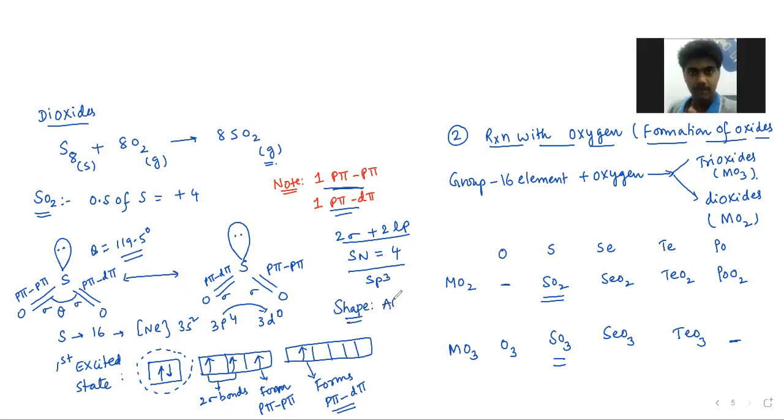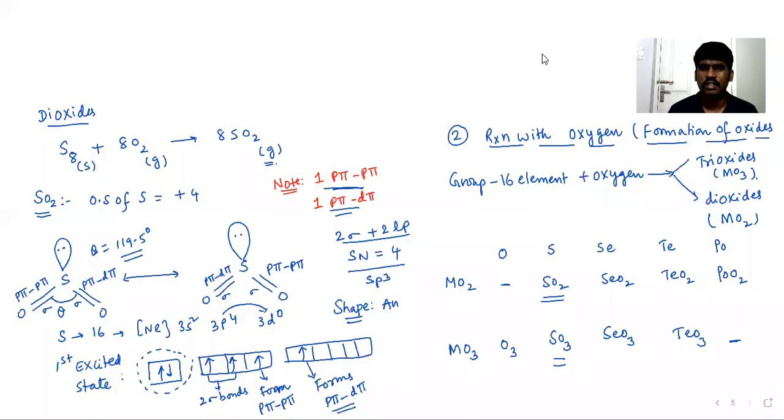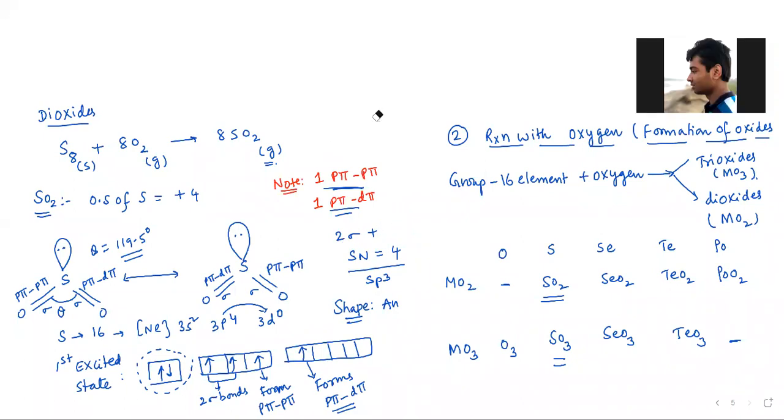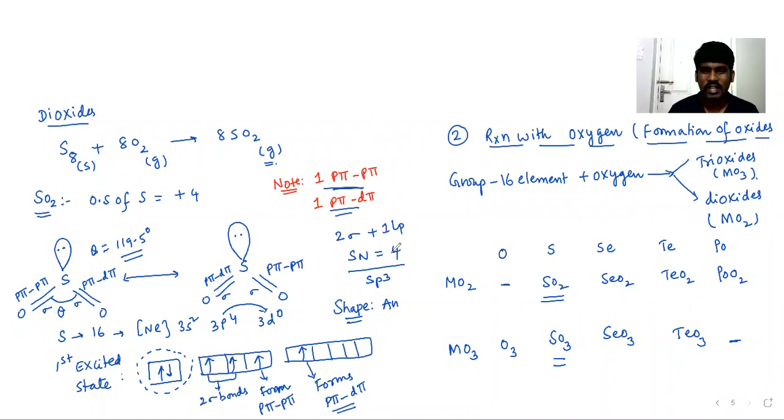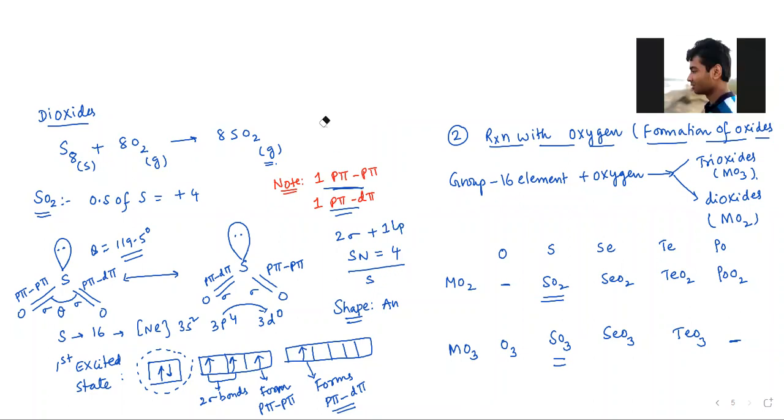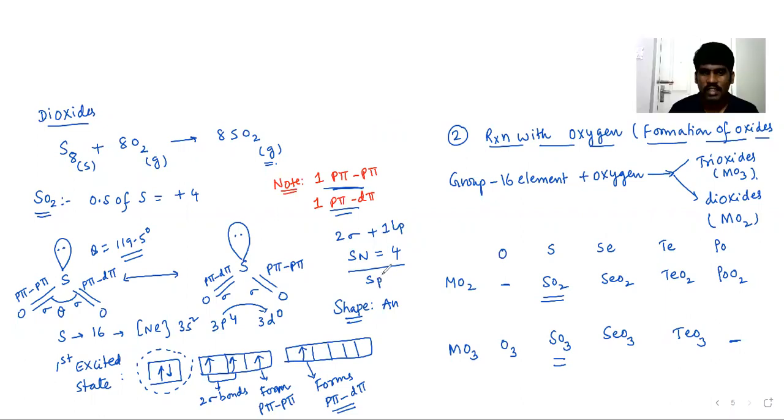But sir, one lone pair is only there. So you represented one lone pair, 2 lone pairs should be there. Just wait. It is one lone pair. Sorry, it is one lone pair. Please correct it. It's a pen mistake. Yes, sir. 2 sigma and 1 lone pair. Hybridization is sp2.